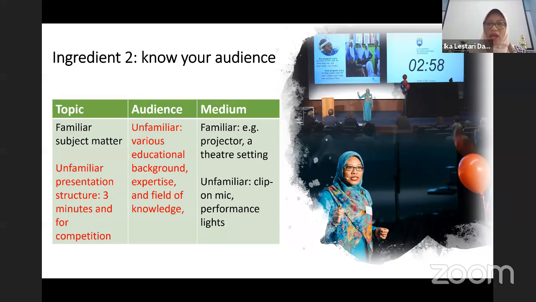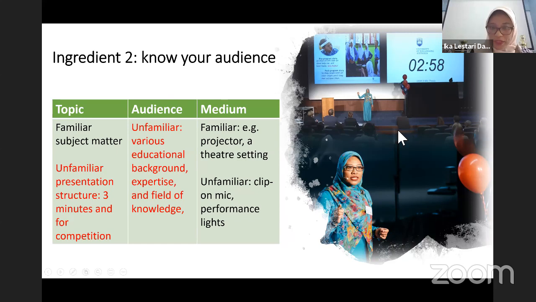So I need to make the technical terms typically or specifically used in my area understood by these participants. And another thing that I need to think about is that it's not only the variations in terms of educational background or field. I also need to think about the level of expertise of my participants. So they are just students, lecturers, but also there are judges, professors from different areas or subject matters.